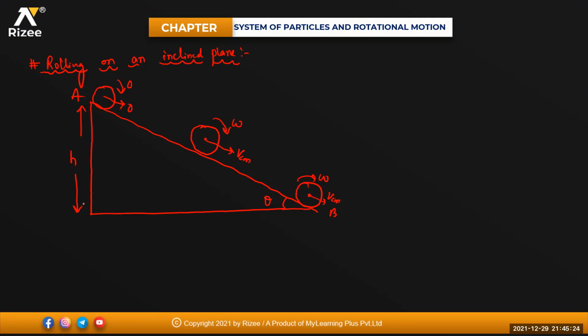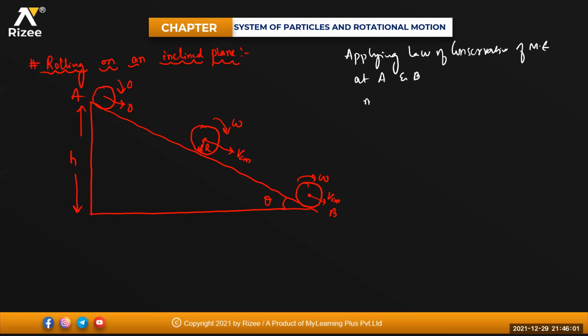So we have a body of mass m, beta, and the radius of this one is, for example, capital R. So it is rolling from the highest position, dropped. Initial velocity has been released, so initial velocity is 0. Angle of inclination is given as theta. So by the time it reaches the ground, what will be the velocity? Again, same condition, applying the law of conservation of mechanical energy at A and B.